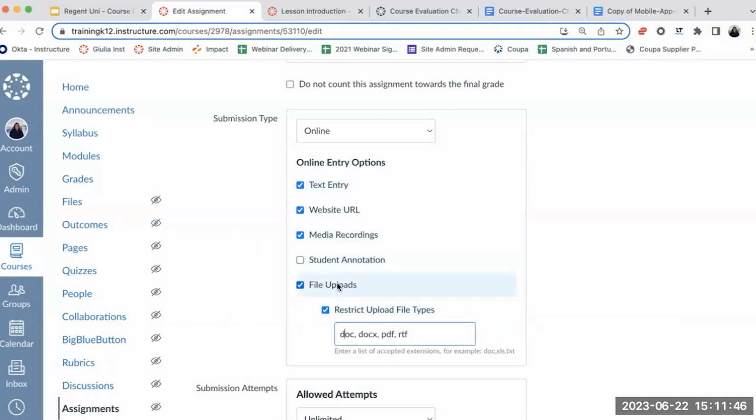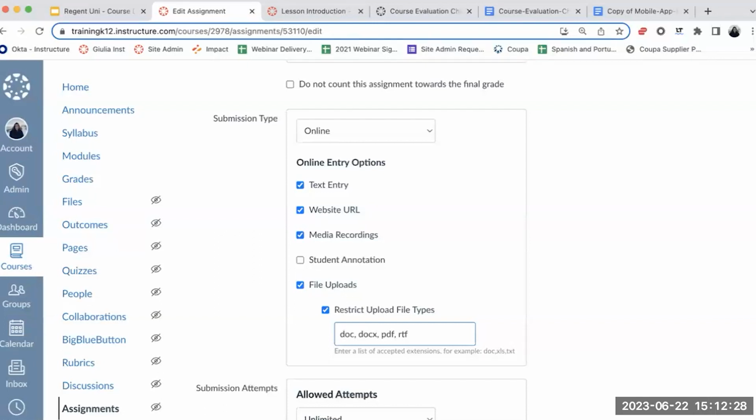With the file upload and student annotation, the teacher would still have access to the same annotation tools on SpeedGrader. Through text entry, web URL, media recording, student annotation, and file uploads, the teacher will still have the ability to use comments. They will have the ability to use media, either audio or video, for feedback. The comment library, rubrics, if you have attached those, you can easily use rubrics with either of those as well, right? For teachers, it would be a similar experience for that grading process,